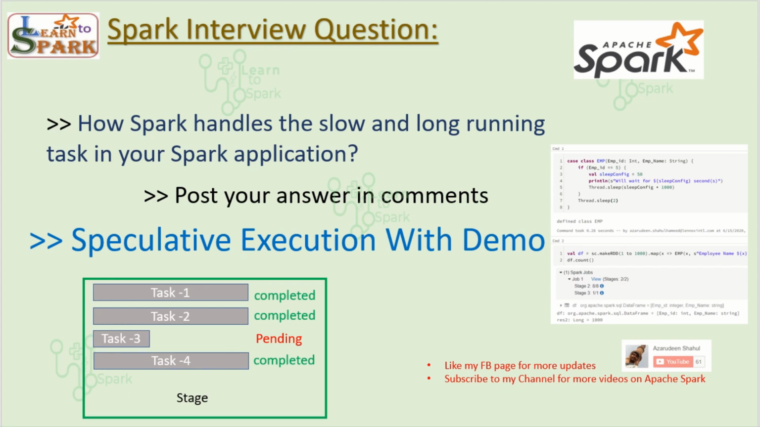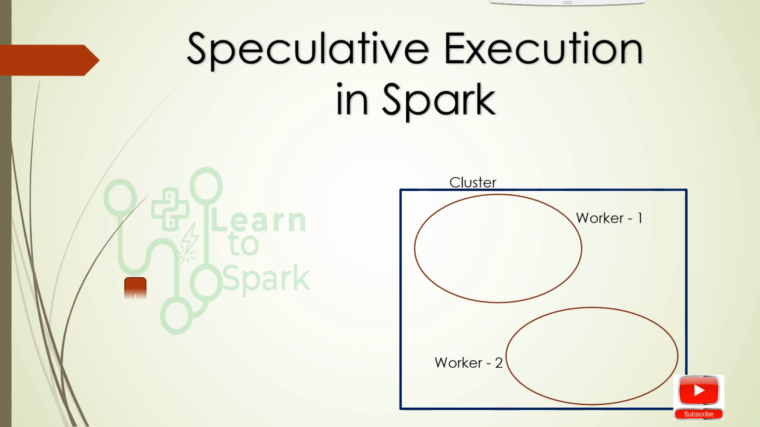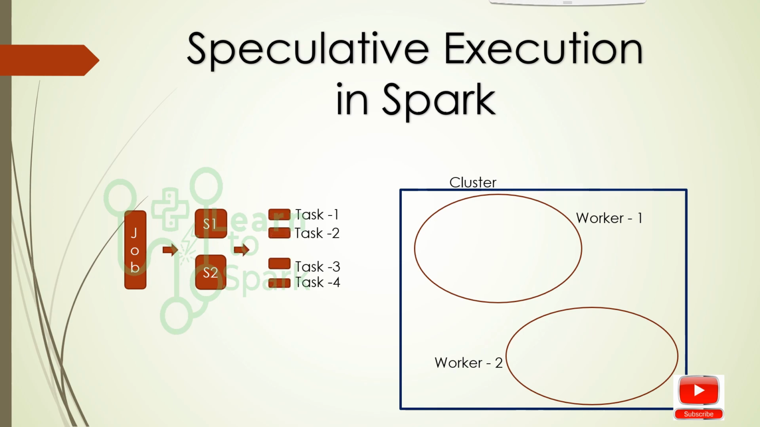Let's get started. Let us assume that we have a job submitted in a Spark cluster, and this job is divided into two stages, and each stage is again subdivided into two tasks. So we have task 1, task 2, task 3 and task 4. These 4 tasks are submitted to worker node 1 and worker node 2. Say for example task 1 and task 2 are submitted to worker node 1, and task 3 and task 4 are submitted to worker node 2, and tasks 1, 3 and 4 got completed, whereas our task 2 is